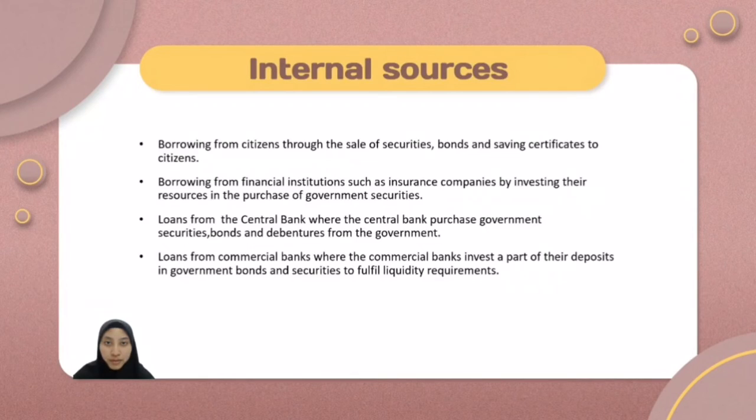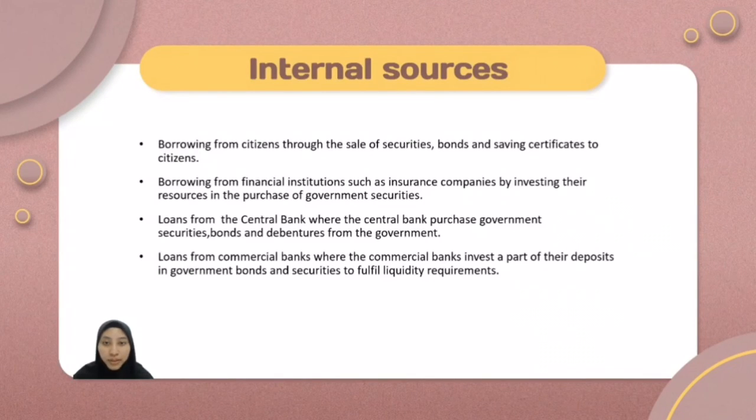Second, borrowing from financial institutions such as insurance companies by investing their resources in the purchase of government securities. Third, loan from the central bank, where the central bank purchases government securities, bonds, and debentures from the government. Fourth, loan from commercial banks, where the commercial banks invest a part of their deposits in government bonds and securities to